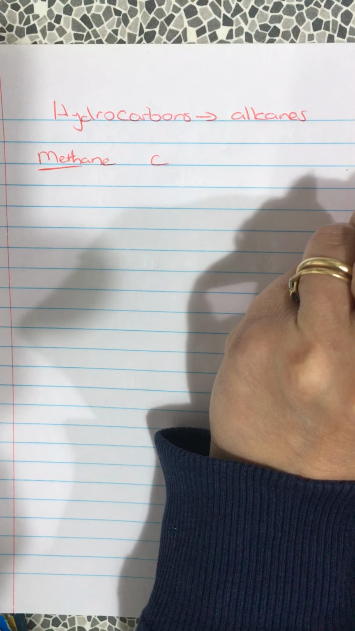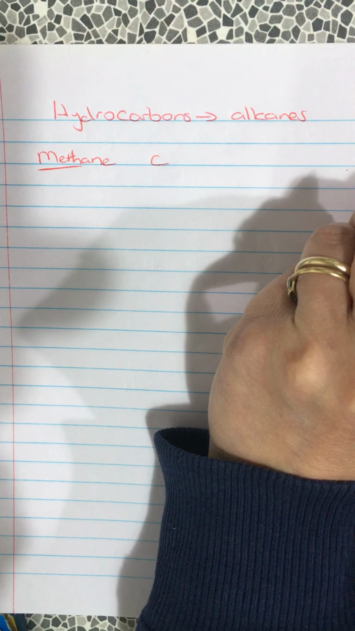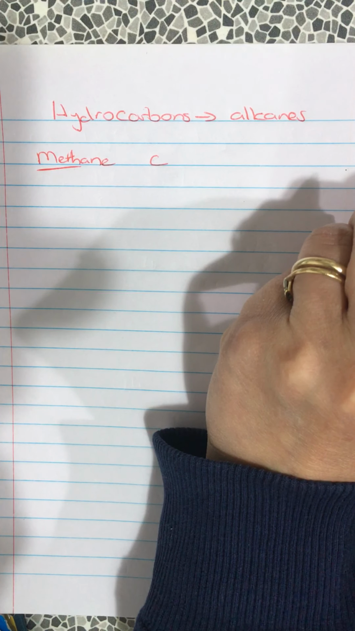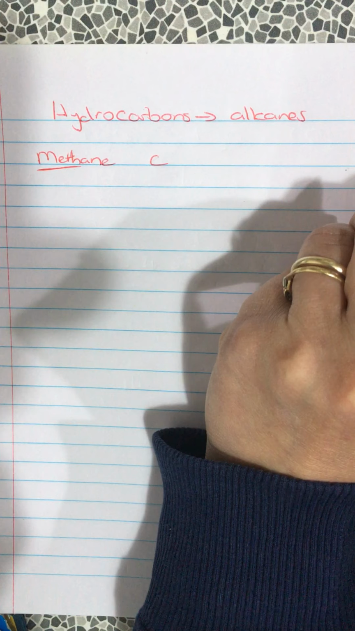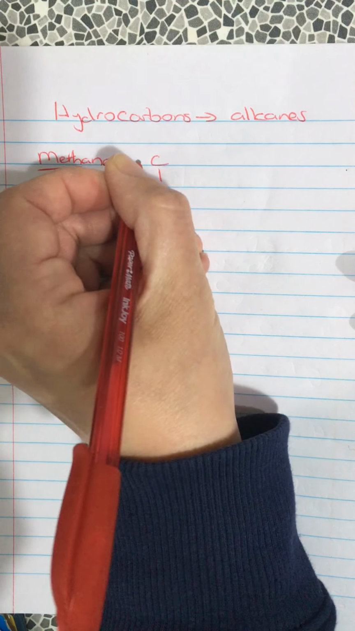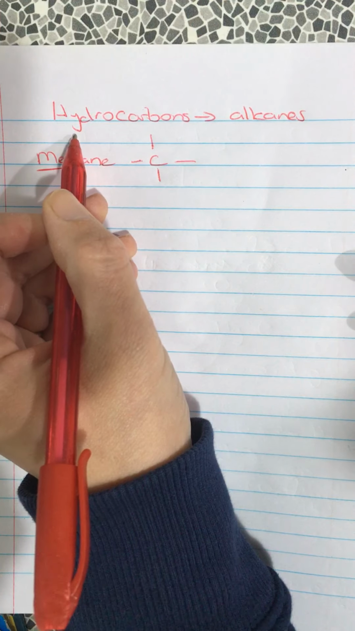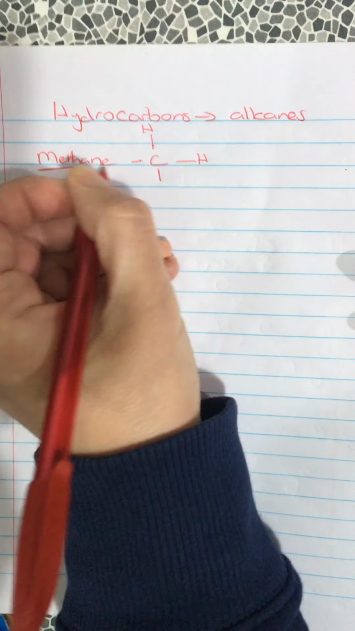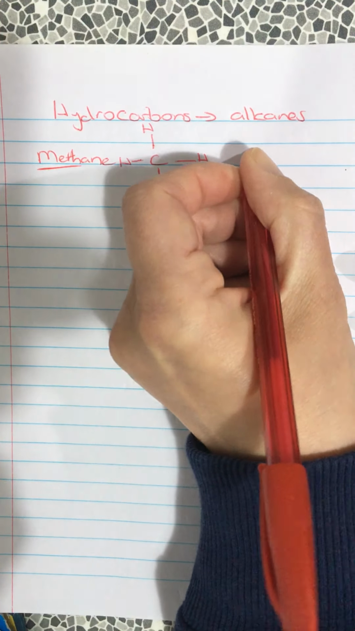Now, think back to our work on bonding. How many bonds can a carbon atom make? It's in group 4, so how many bonds can it make maximum? That's 4. So if you remember, a hydrocarbon contains just hydrogen and carbon. So there's one carbon, there must be 4 hydrogens. And that's your structure. So the formula for methane is